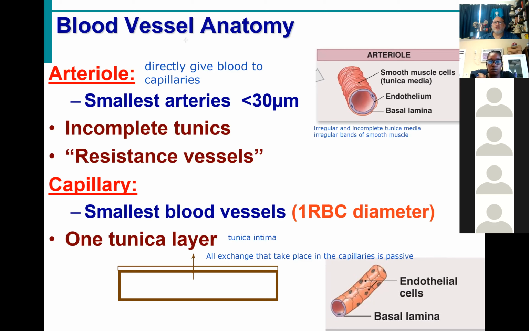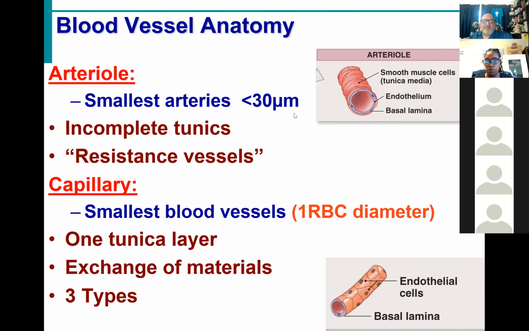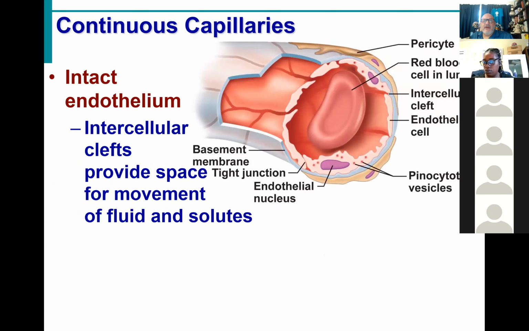Now, this is true for all capillaries, but do you think all capillaries are the same? No. I'm asking the question, so what's the obvious answer? No. No. No. In fact, there are three main types of capillaries. Let's look at those three main types of capillaries. The first, and by far most common,